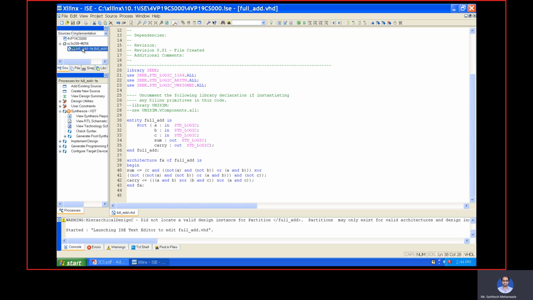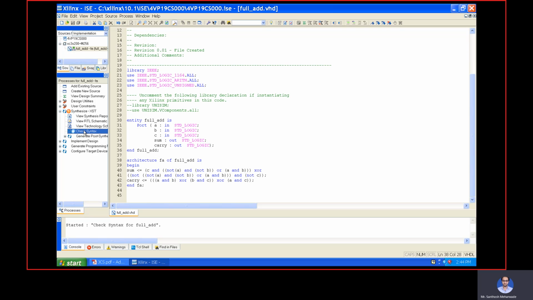Next, click on this file. Here you will get Synthesize XST. Again, double click on Check Syntax to check whether any syntactical errors are there or not. You can see that the check syntax completed successfully, which indicates no errors.